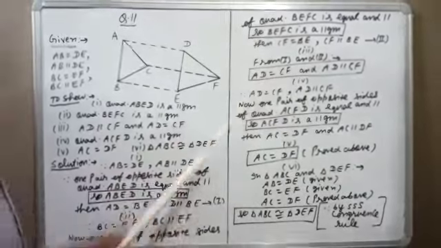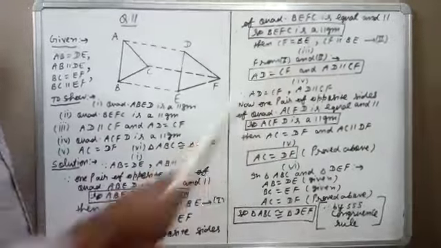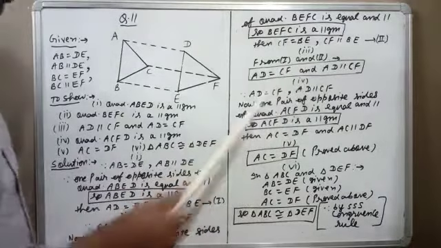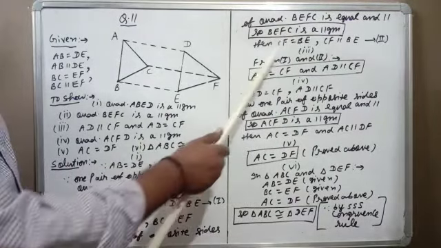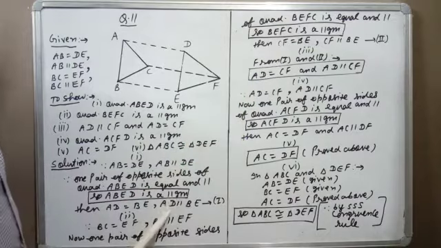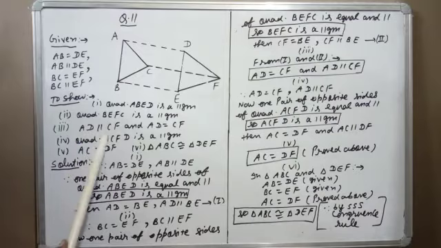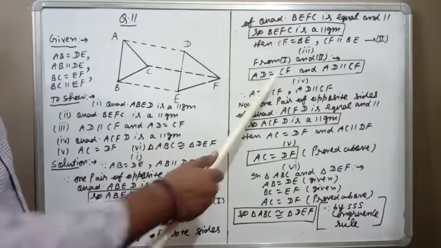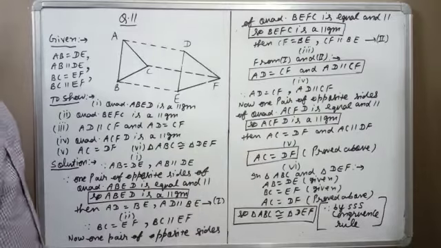Like in the third part, this is number first, this is number second. So from first and second, BE will be cancelled. So you can write AD equal to CF and AD parallel to CF. So this is the third part: AD parallel to CF, AD equal to CF. So in the first and second parts, we write extra steps only to solve the next part.